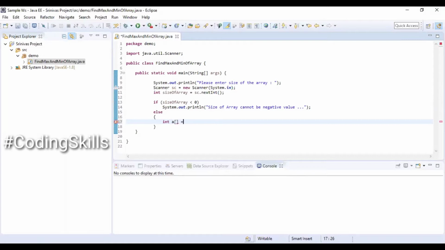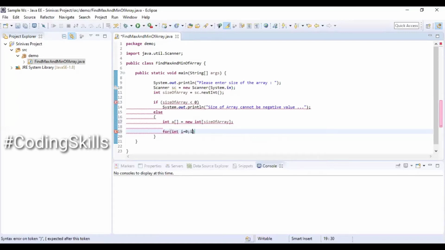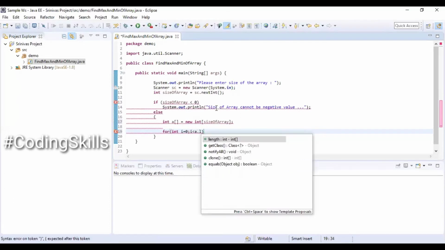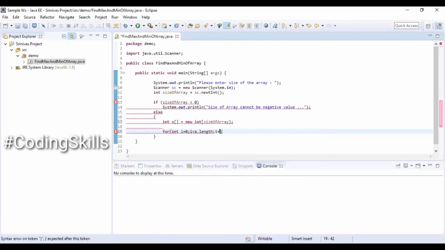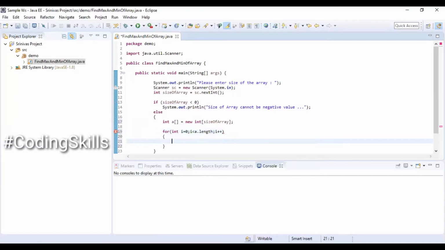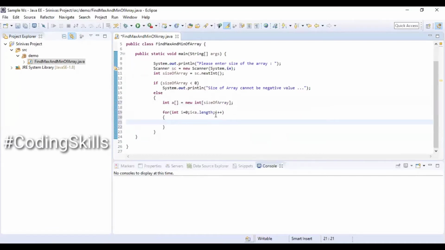Else proceeding with the regular logic. Declaring an array and allocating the size based on the input value which is size of the array. Using a for loop, int i equal to 0, i less than a dot length, or we can also use size of the array variable, and i plus plus. Printing a message on the console requesting the user to enter a number.